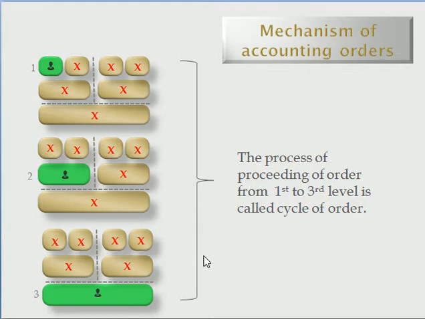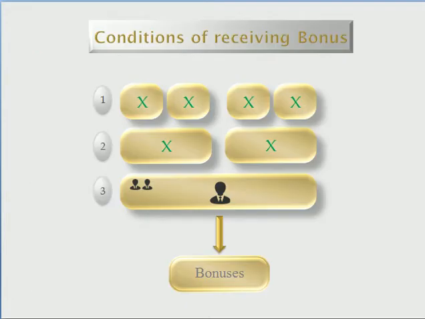And completing one cycle of the table means the earning you've earned on the bonus program, as long as you have fulfilled that requirement, which I mentioned earlier. You need to introduce at least 2 people on the table. So the condition of receiving the bonus, remember I said, before you are able to take the bonus, you must refer at least 2 people to buy gold on that particular order that you've also made. So this is what you have here, and the subsequent videos will discuss what happens if you do not fulfill this particular requirement, but that is the requirement for you to earn gold in the business.